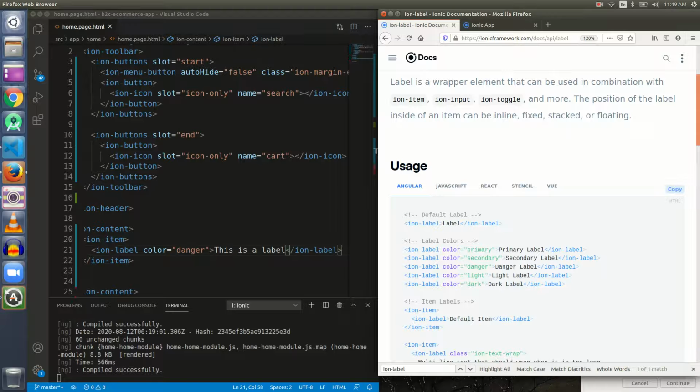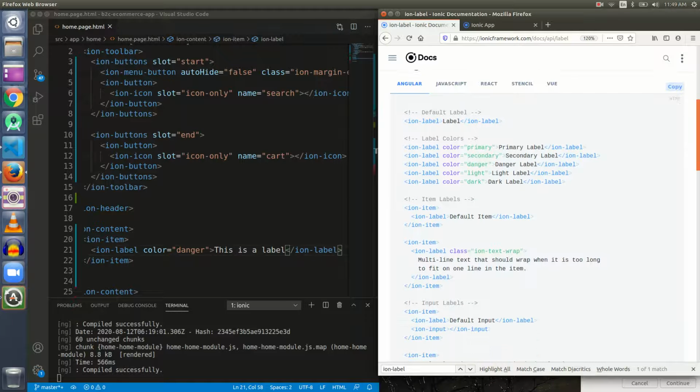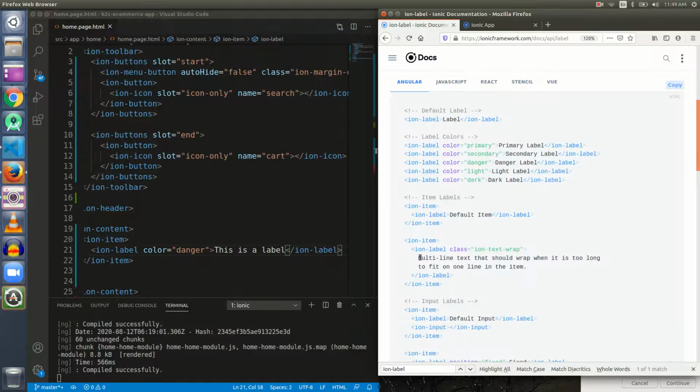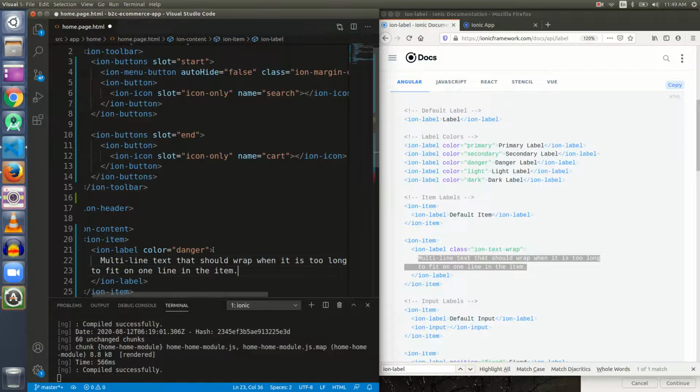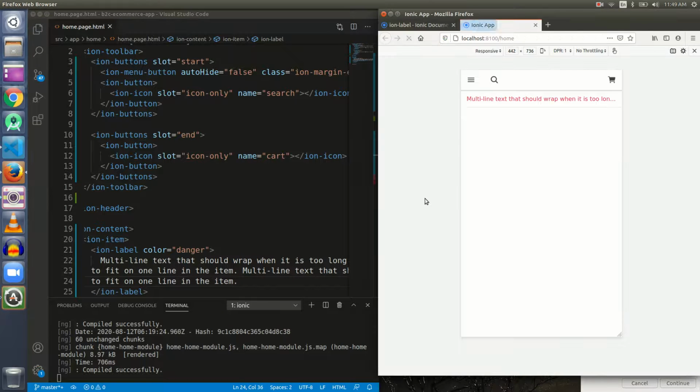If we move forward, for a longer text, let me just copy this line and paste it here twice so that we can have a relatively longer text. Let's see what happens now. The label will be truncated, or an ellipsis will be shown, if it doesn't fit the Ion item.